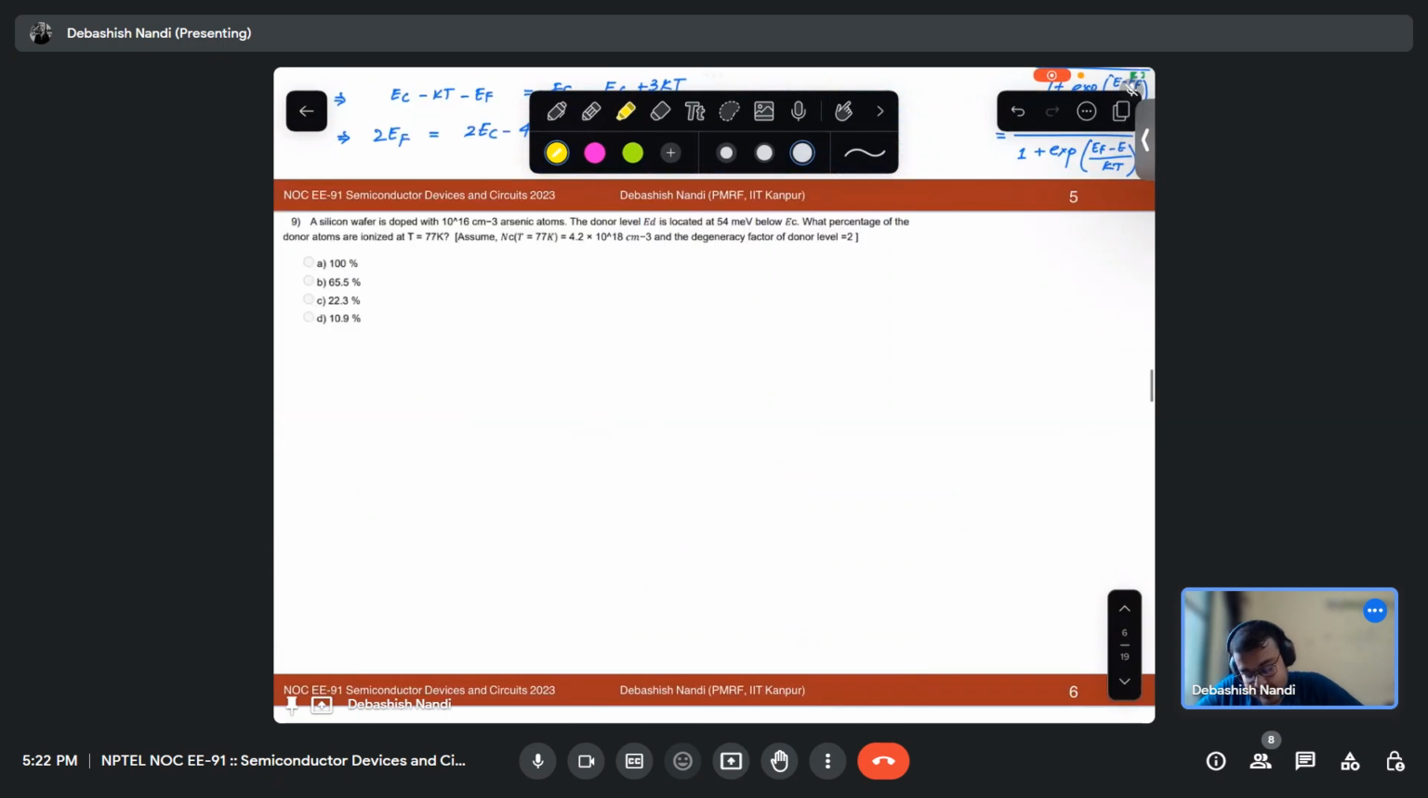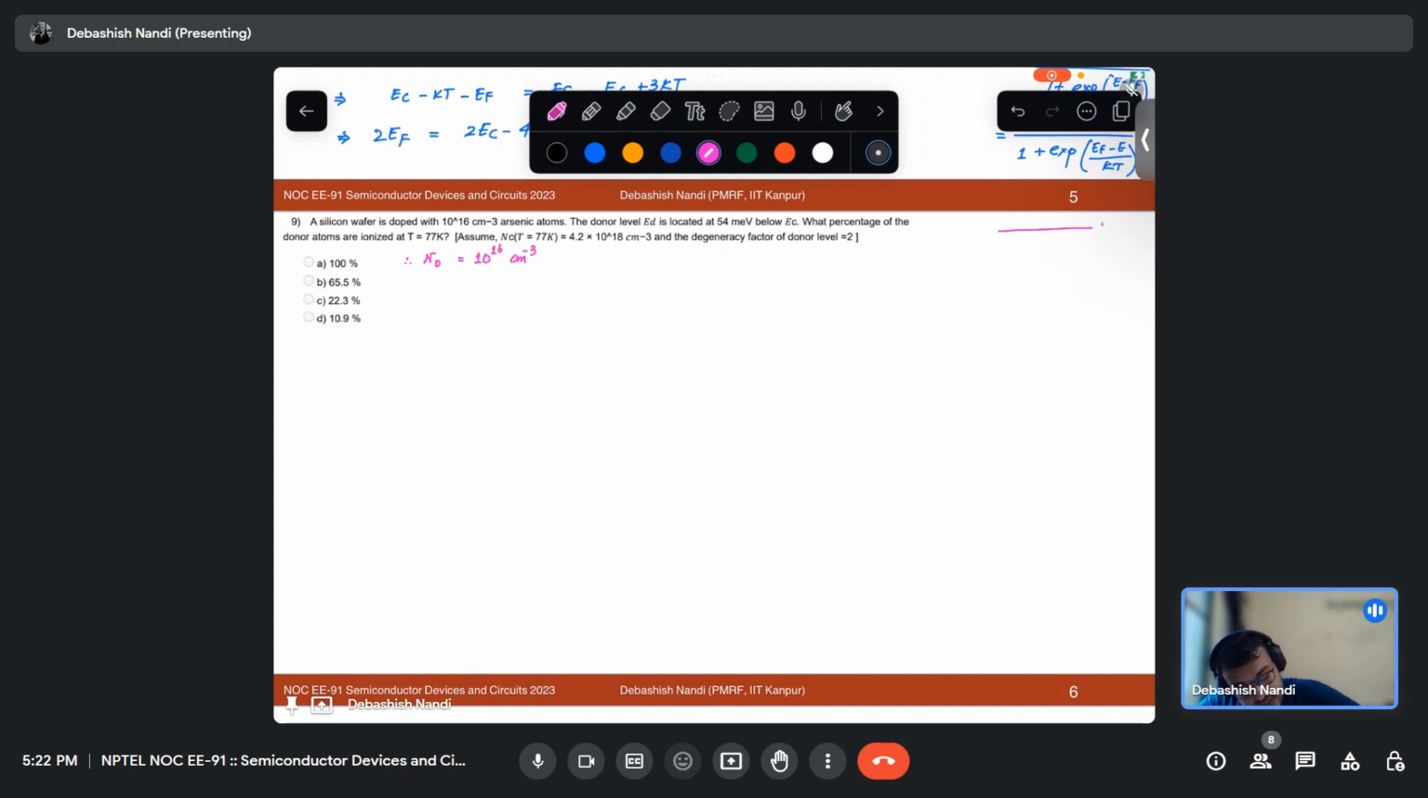So what is mentioned there is that a silicon wafer is doped with 10 to the power 6 arsenic atoms. So what is the type of the semiconductor? When you dope it with arsenic atom, what should I write, Na or Nd? Can anyone try to answer? When I dope silicon, Nd, right? It is a donor type. The donor level Ed is located at...